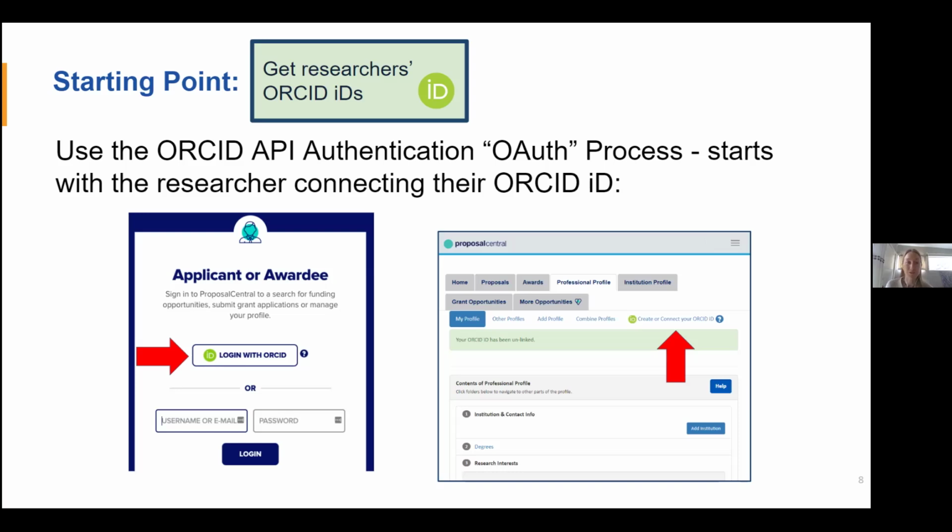The best way to do that is to use the ORCID API, or Application Programming Interface. Through that, there's an ORCID authentication process. We call it OAuth. That's essentially the process that a researcher goes through to connect their ORCID ID to an organization, like a funding organization, or to a software system, for example. The screenshots on this slide are just an example from a software system called Proposal Central, which a lot of funders use. And researchers go to these systems to apply for